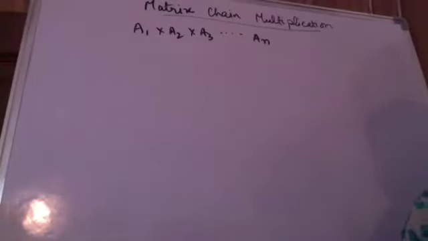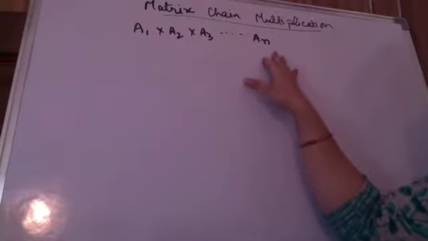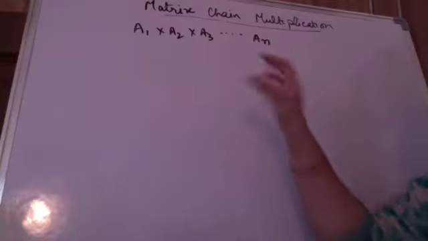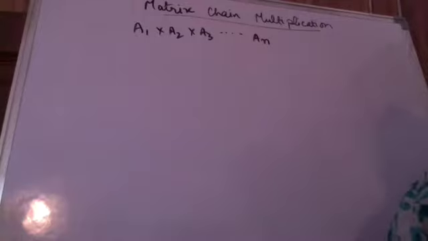Matrix chain multiplication is basically I am having various matrices. I want to multiply them together and I want to find a parenthesization which is going to give me the minimum number of scalar multiplications that are required. So let us see first how many scalar multiplications are required to compute any of these matrices. How do I come to the optimal